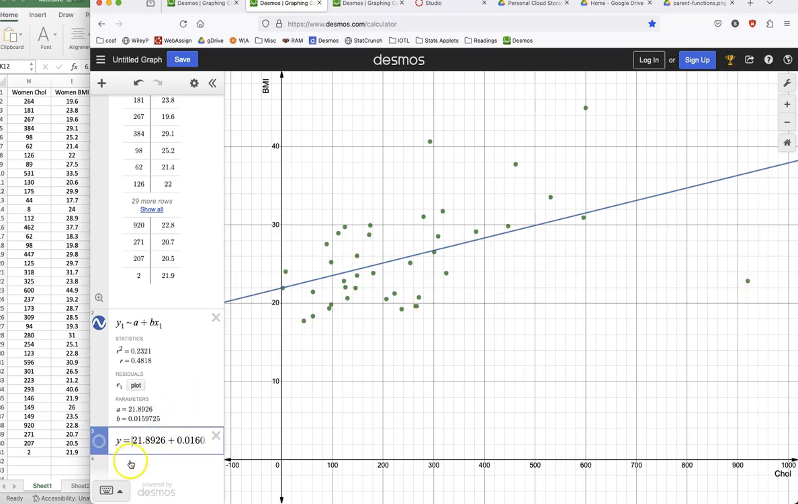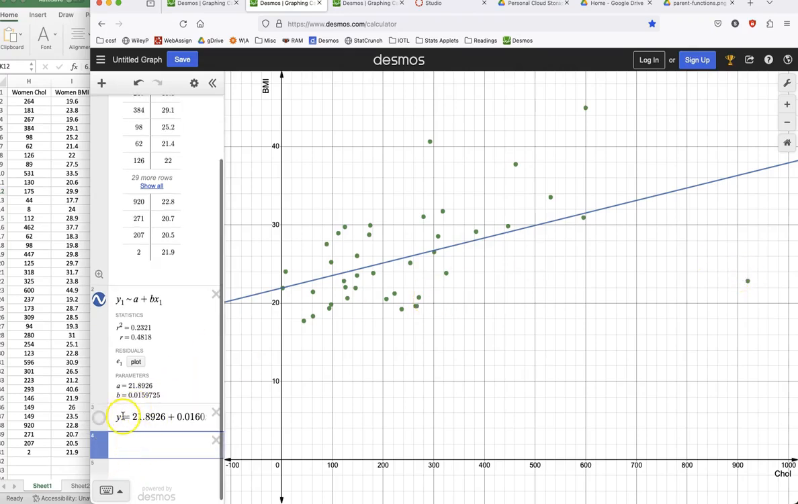Now, what do we do with this equation? Remember that y represents the woman's BMI and x represents the corresponding cholesterol level. What this equation is doing is that we can use it to predict the y value given x. So for example, if we know that a certain woman has a cholesterol level of 400 and we want to predict their BMI, we would type